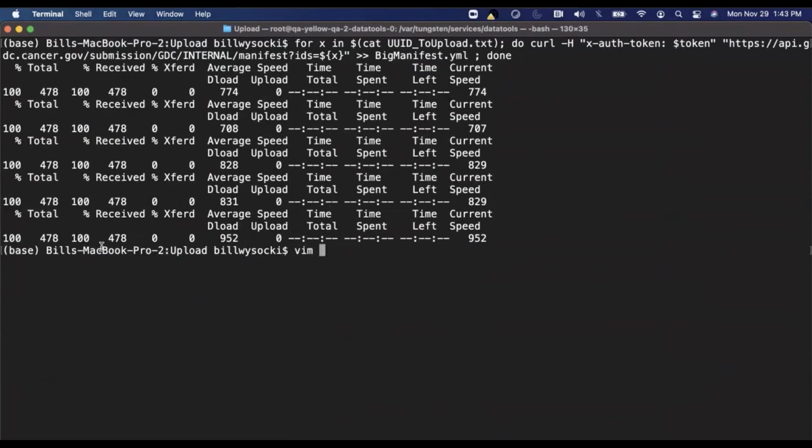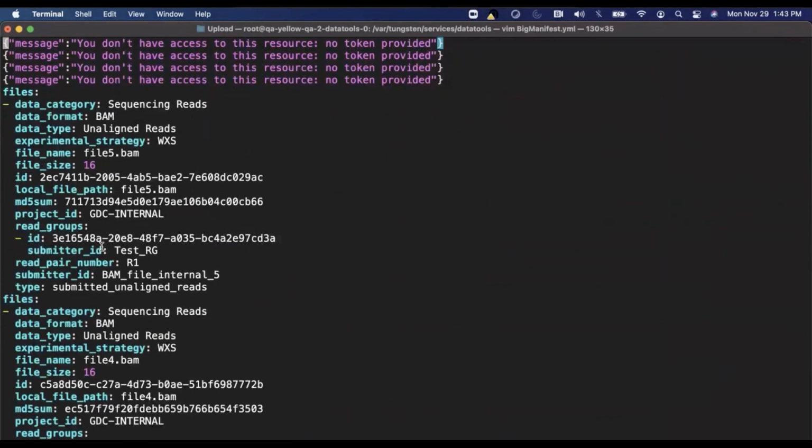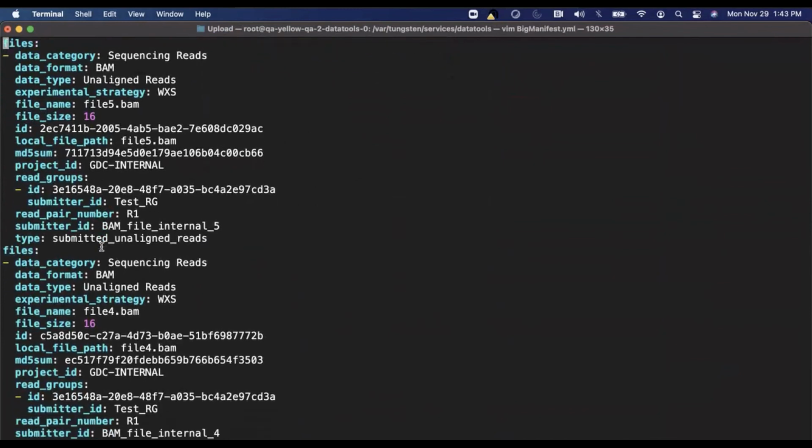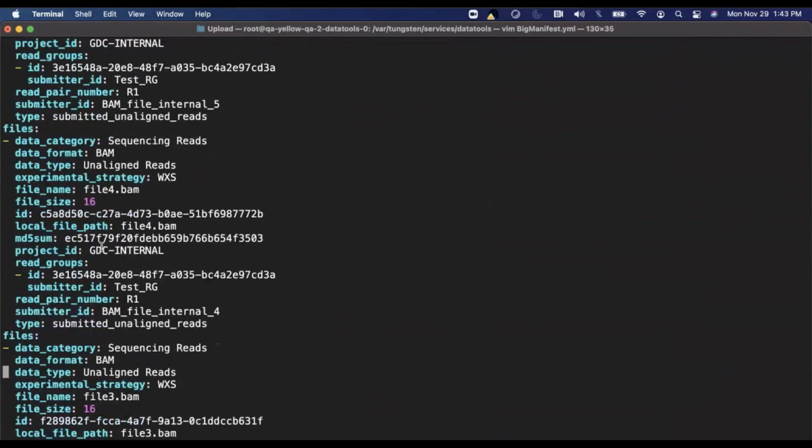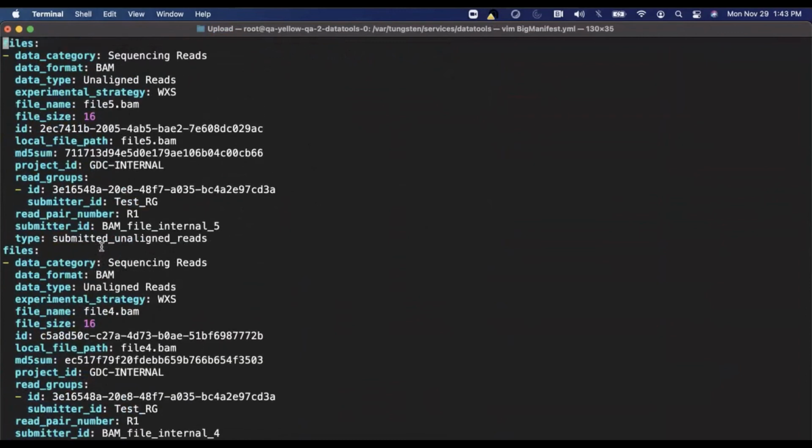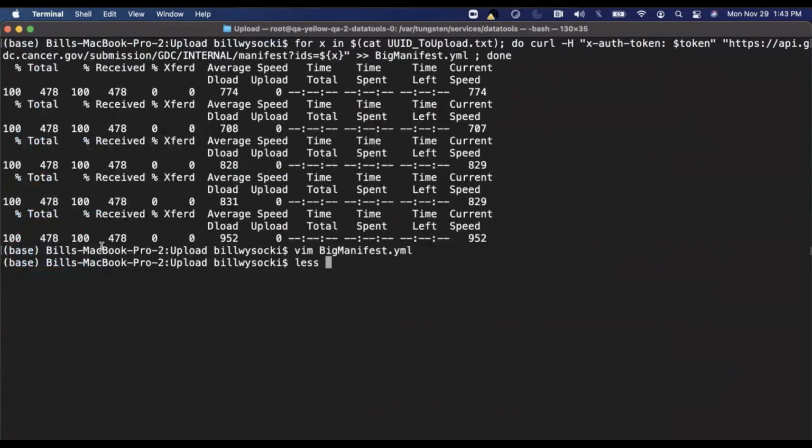I named this one big manifest. It should have all of the manifests in sequence here. But the problem is with GDC manifests, it just needs to have the files header at the top, and these bottom ones are not supposed to be there. So it's just a small hack that I do is I will grep out the file,